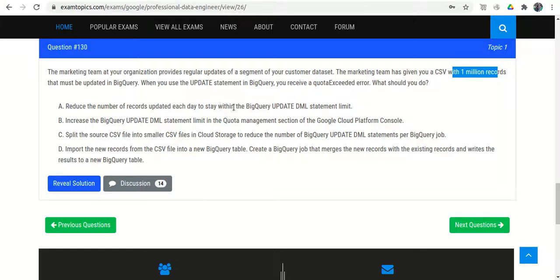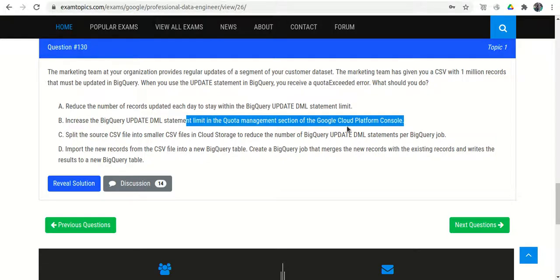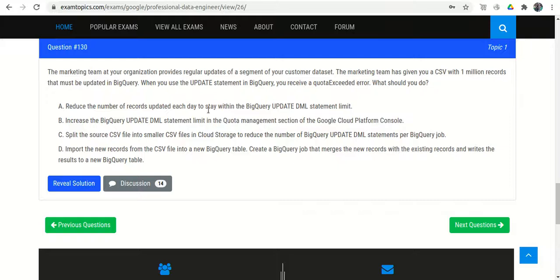So this is wrong. Option B: increase the BigQuery update DML statement limit. They say we are getting a limit error, so increase the limit, but this is wrong. There is a predefined quota in BigQuery, only 1500 updates we can perform within a day. So we cannot increase the limit.